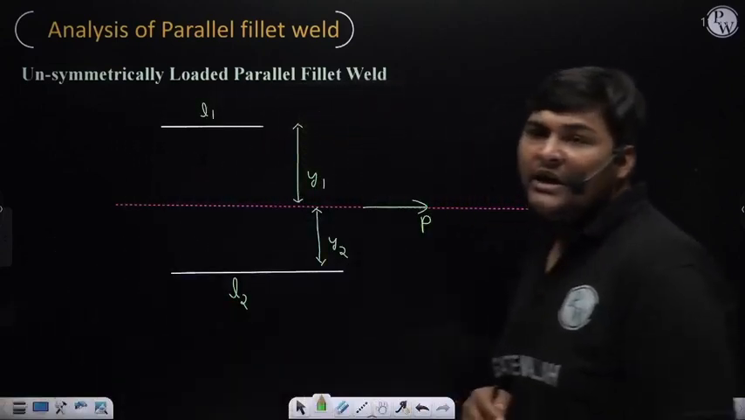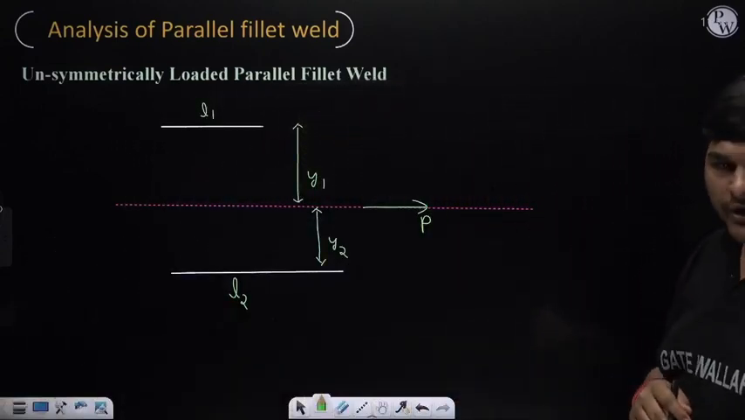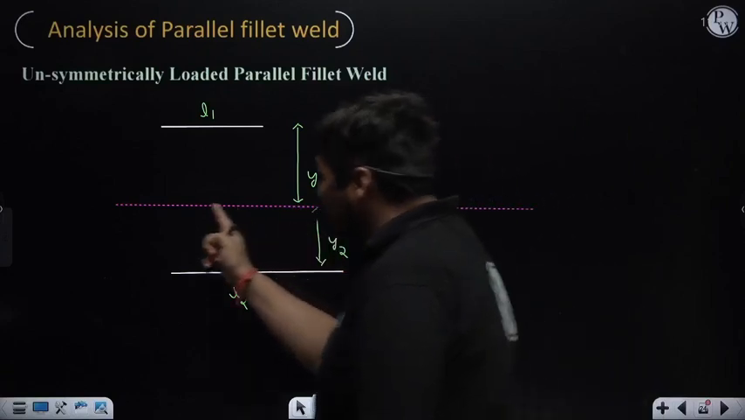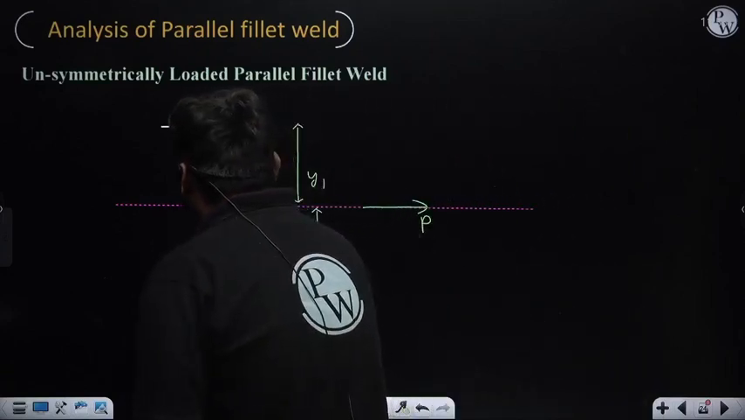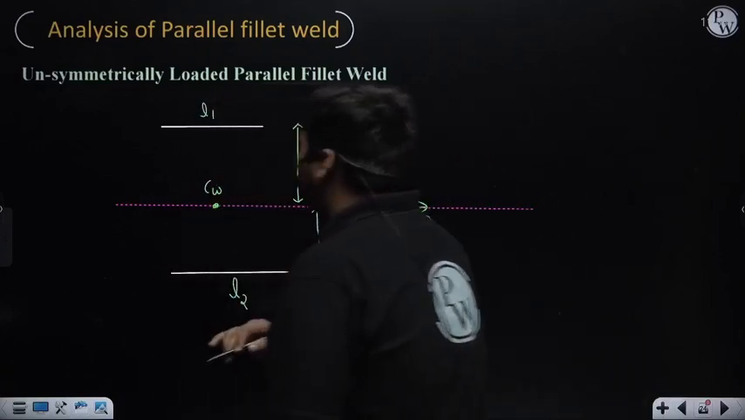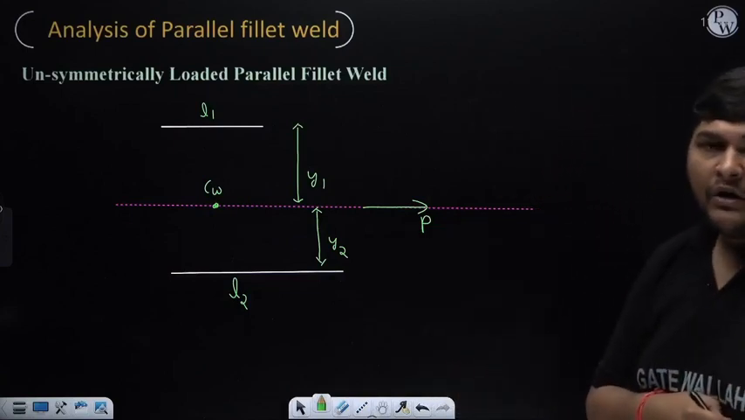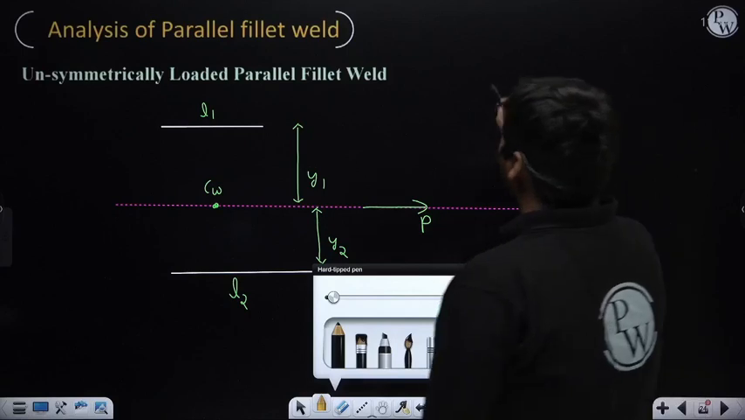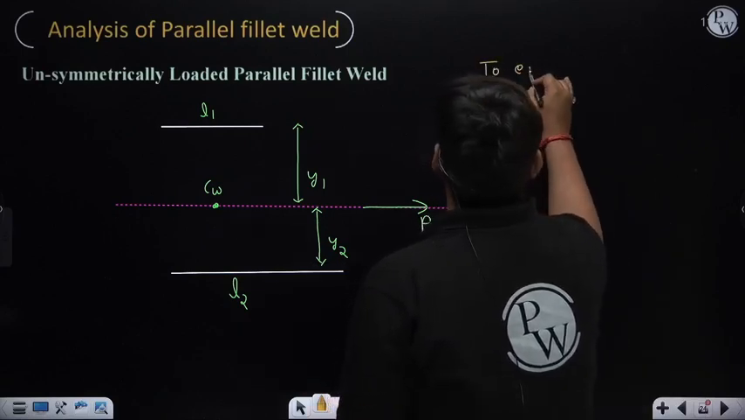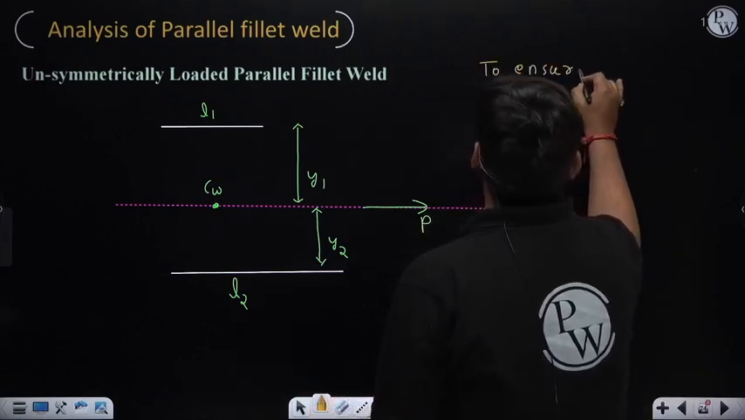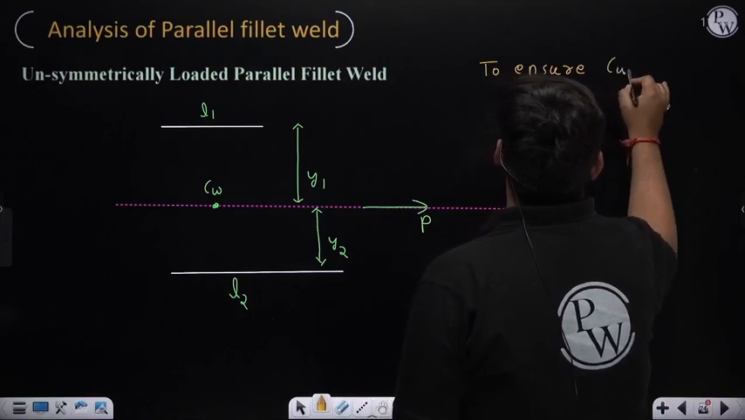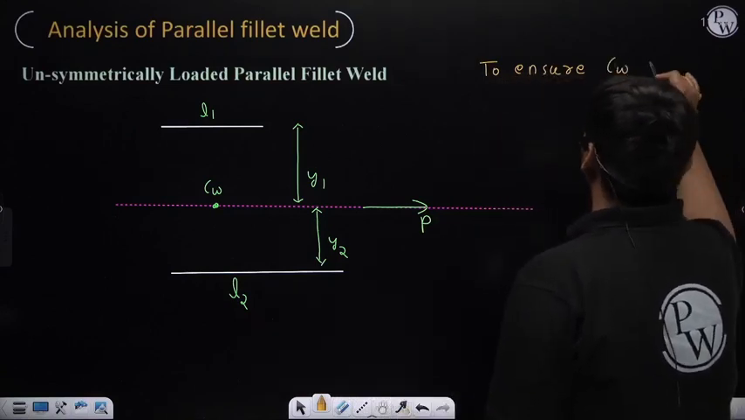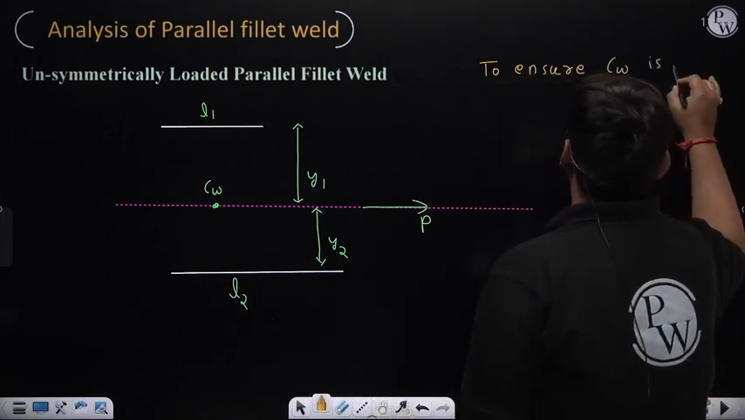If we want no secondary stress to be induced in our weld, the combined centroid of the weld should lie on this line. Now to ensure that, we need to ensure one equation. To ensure the combined centroid of weld, which I am denoting as CW,